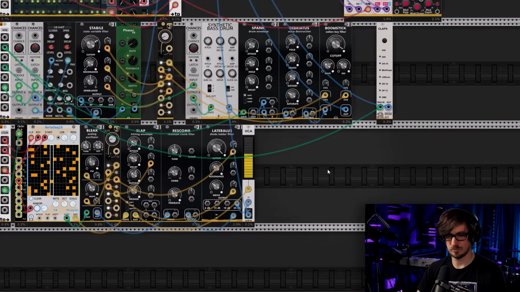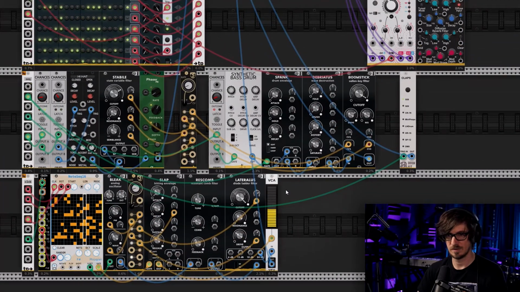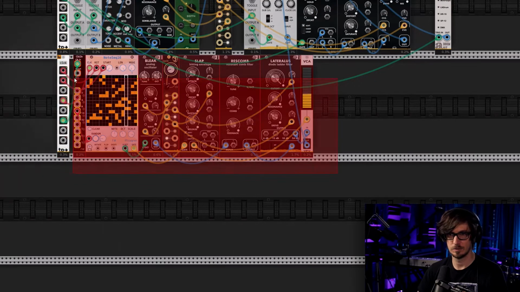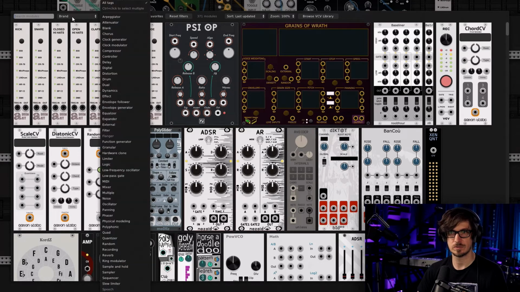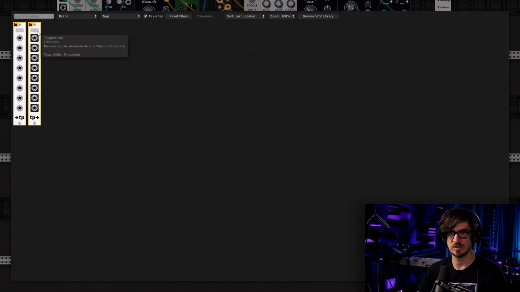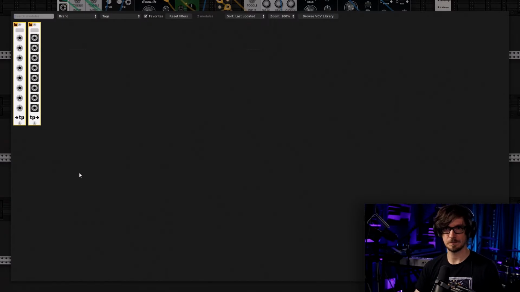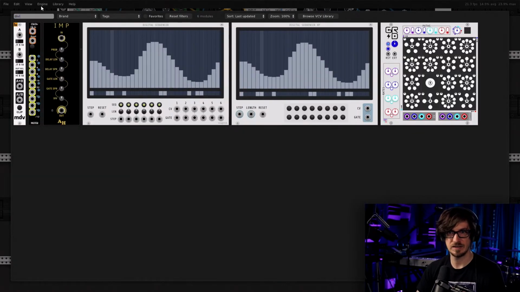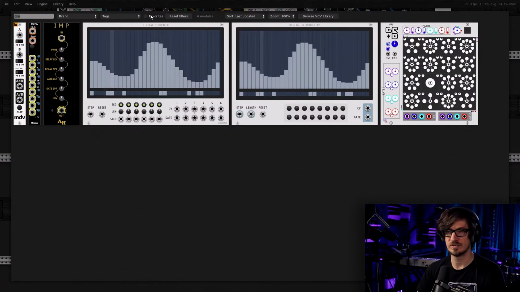Okay, so what do I want to do next? Feel decently happy with that. I want like a bass arpeggiator, I think. So let's do that next. So let's get a teleport from the sequencer, and we'll get a divider again because I might need to change the timing. And this time let's do